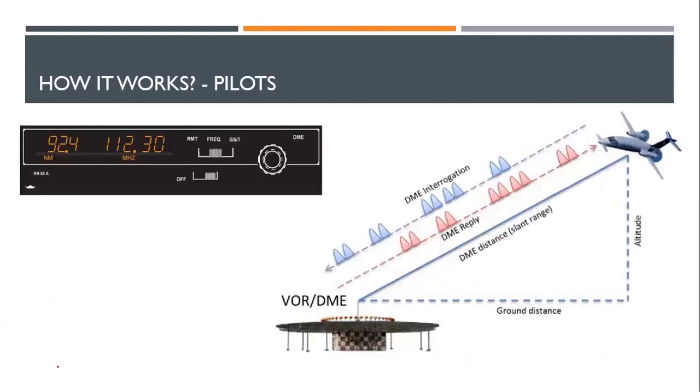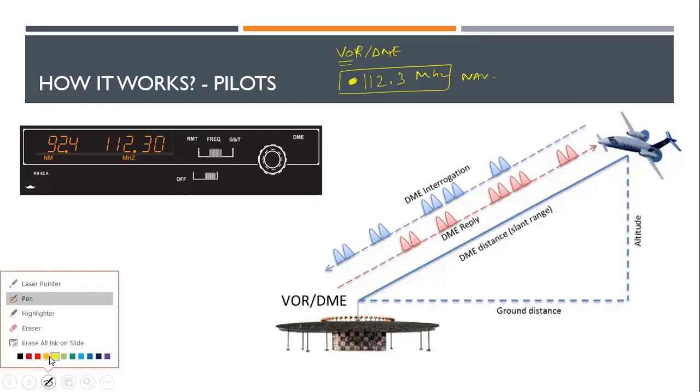So how do the pilots use it? Now I know technically how it works. Okay, overview, I know how it works, but how will the pilots use it? Simple. I told you in your VOR chapter that VOR DME can be coupled. So if I put in the VOR frequency, suppose that the frequency of VOR is 1.2.3 megahertz, right? I put it into my nav panel. I put it in the nav comm. Now you can see the aircraft will start to send out signals.